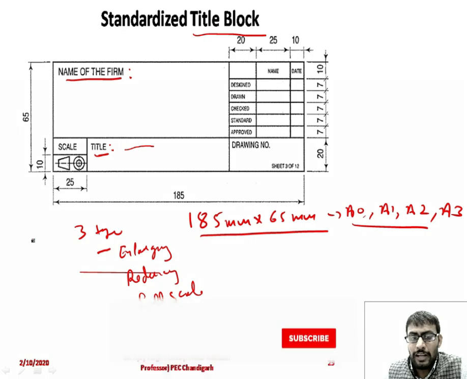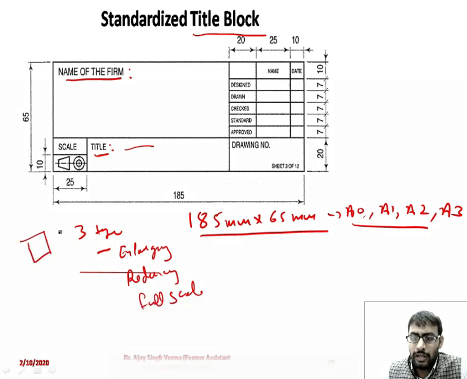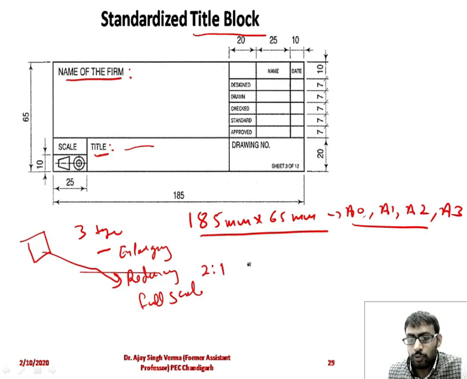For example, if you have a large size drawing and you are not able to plot it on your required sheet size, we have to go for the reducing scale. So we have to mention what ratio we will use here. Reducing scale, for example, 1:2 or 1:5. For enlarging, 2:1 or 10:1. For full scale, we already said 1:1 means the size of the drawing is equal to the size of the object.